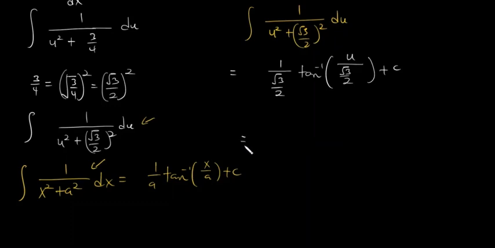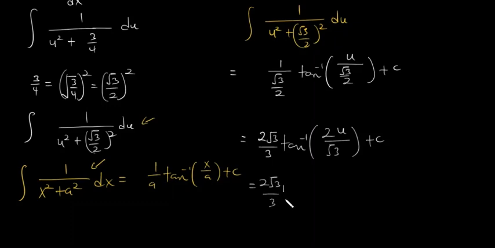1 over root 3 on 2 will give us 2 root 3 on 3, then multiplying the tan inverse of u over root 3 on 2. So I'm going to write this as 2u on root 3, then plus C. So let's continue. I'm going to have 2 root 3 over 3 multiplying the tan inverse of 2, and then